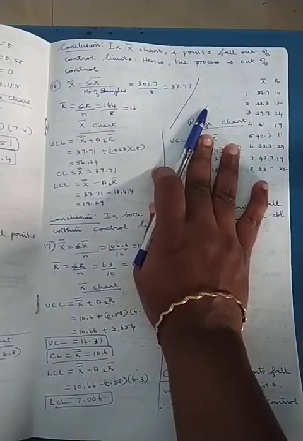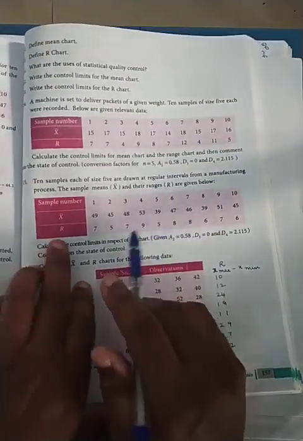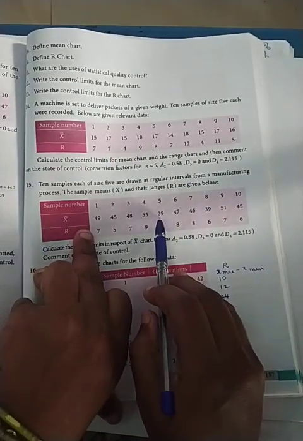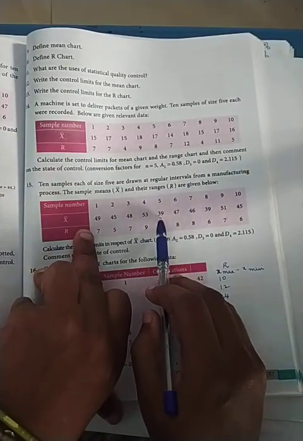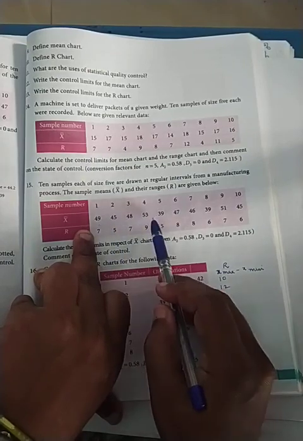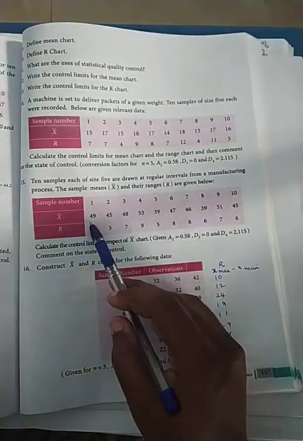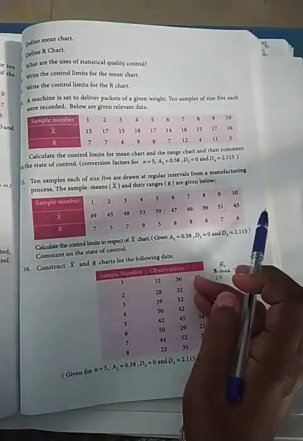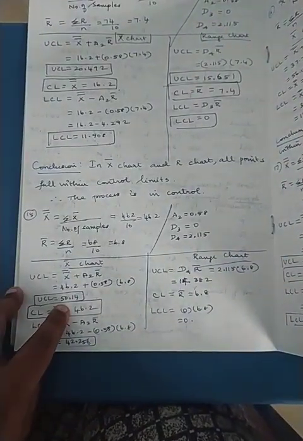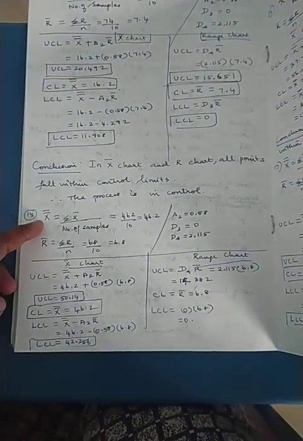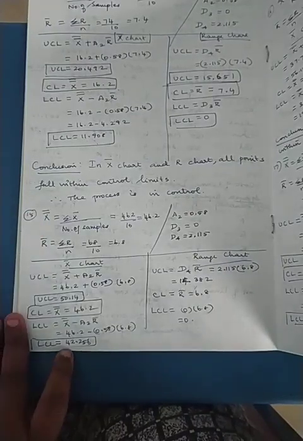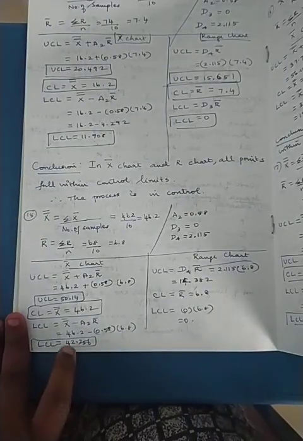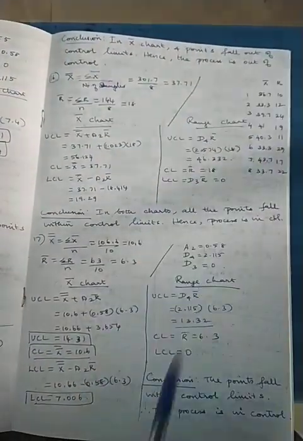Okay. Now look at the problem. In the problem I can say my lowest limit is 39. Okay. My upper limit is 49. Okay. So it is between 39 and 49. 51. Yes. 39 and 51. Okay. But my UCL is falling at 50. So 51 is higher than 50.14 and 39 is lower than the lower limit. So I will be getting some points outside this limit. So that means the process is out of control.